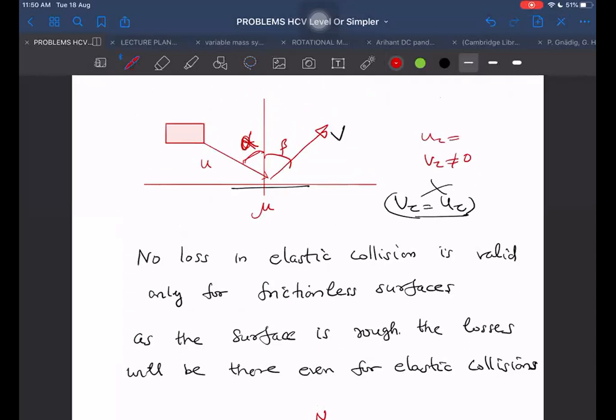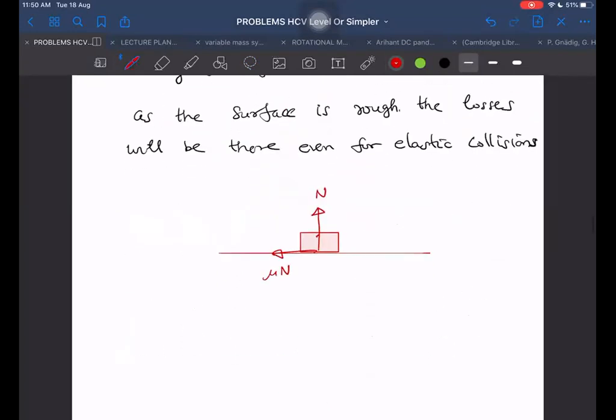And u tau is also some positive value, and v tau is also a positive value. When both are positive, then while the velocity changes from u tangential to v tangential during the sliding, none of it is 0, and both are positive only. Then it means throughout the collision, this velocity remains in forward direction. And if velocity remains in forward direction throughout the collision, then friction will be acting throughout the collision in backward direction, and that will be kinetic only, mu into n.